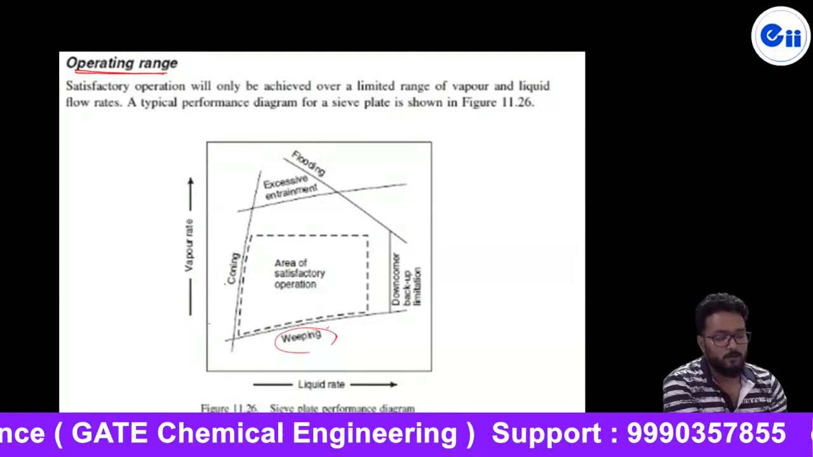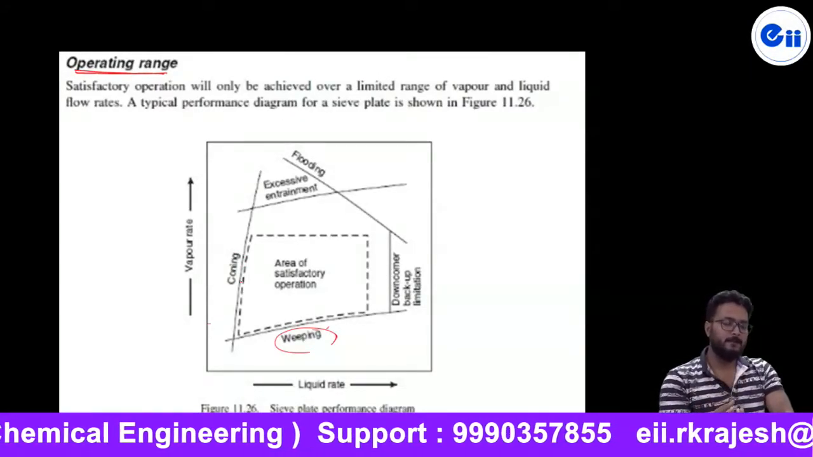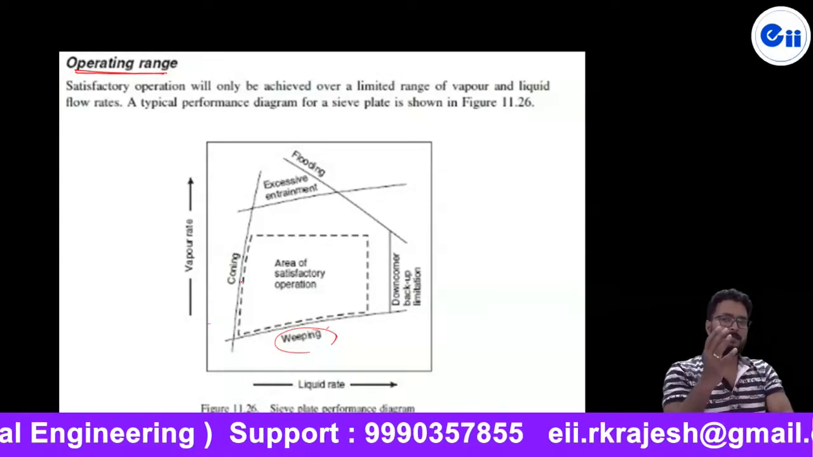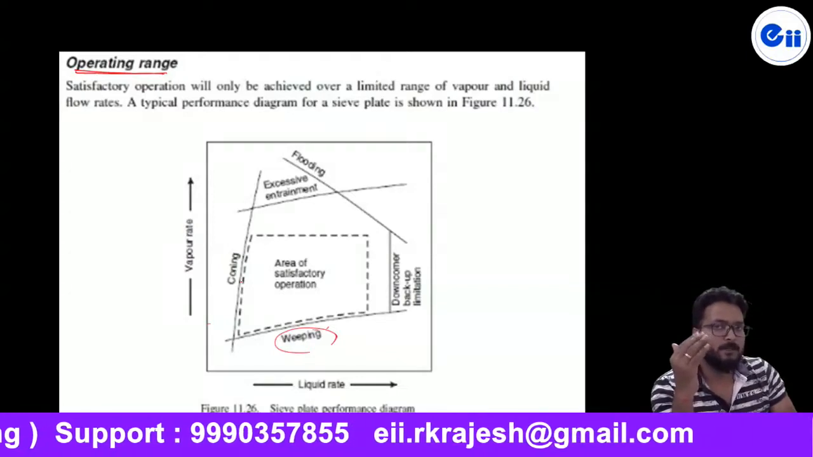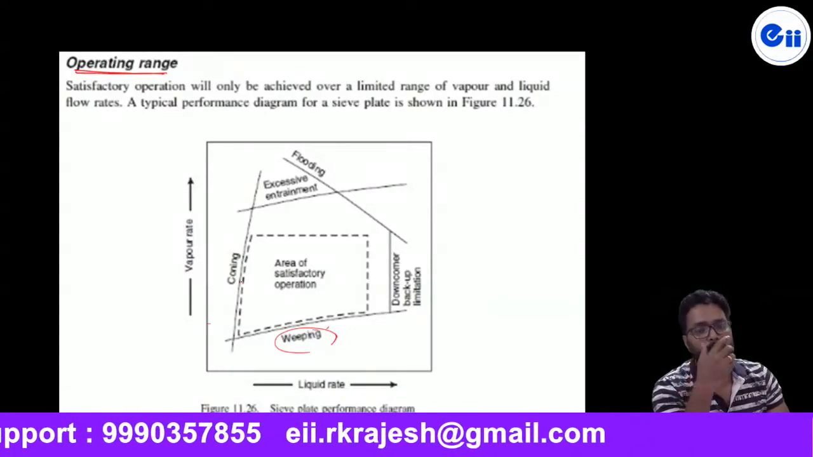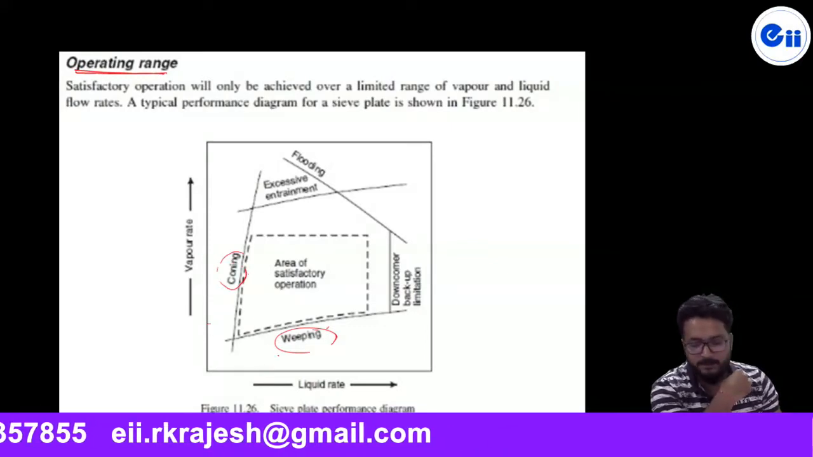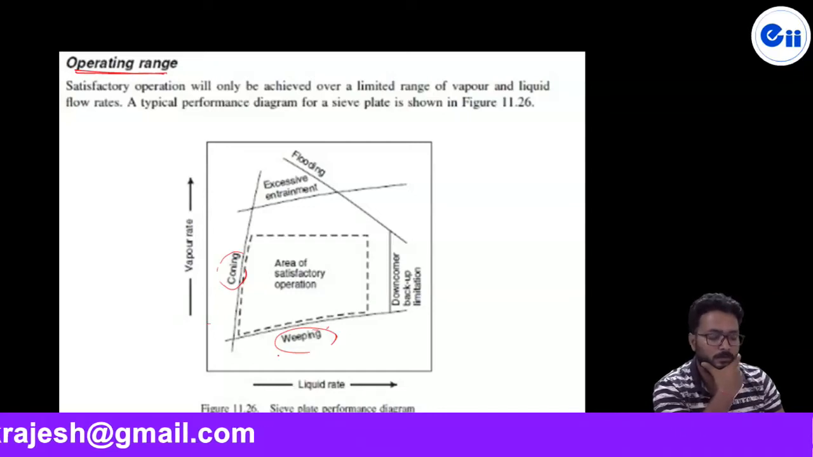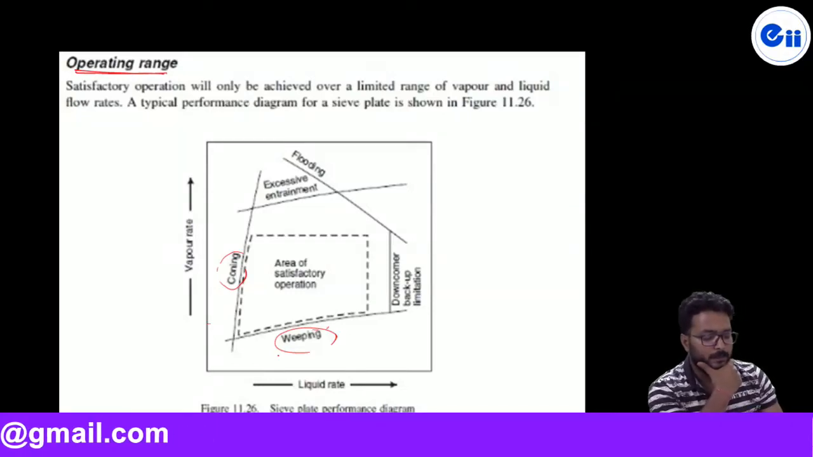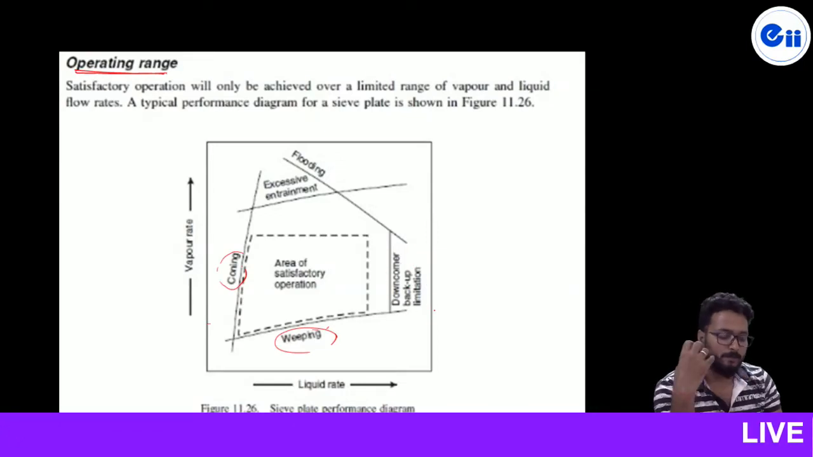And coning, I have told you, is when the vapor flow rate is very high, then that vapor will push the liquid away, and poor contact between vapor and liquid will take place. So that is called coning. Coning will take place when the vapor flow is very high and the liquid flow is very low. Is it right? At the same time, in this case, a downcomer backup problem is also there. Downcomer backup problem means